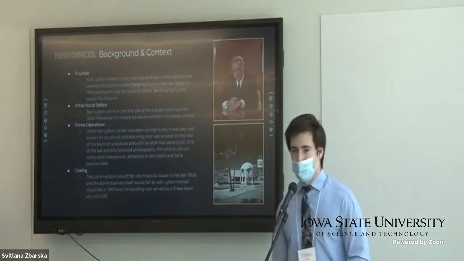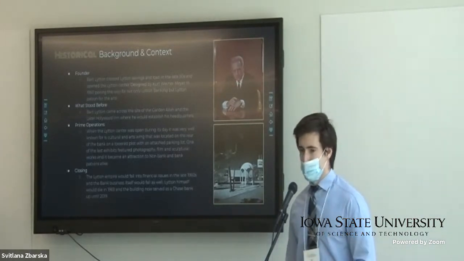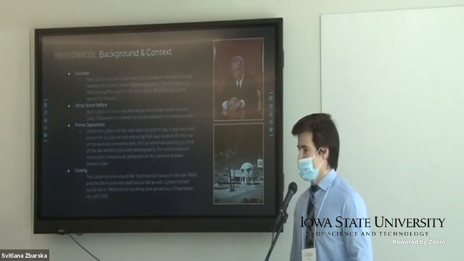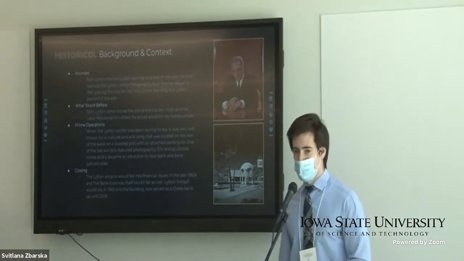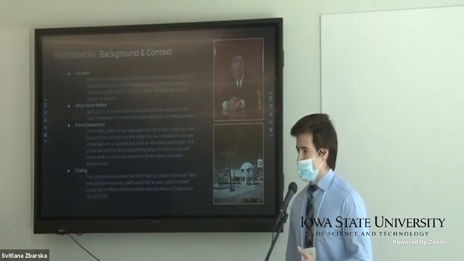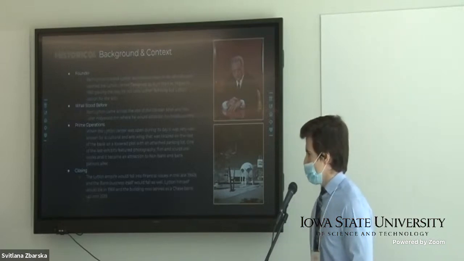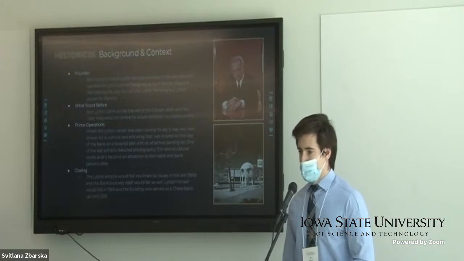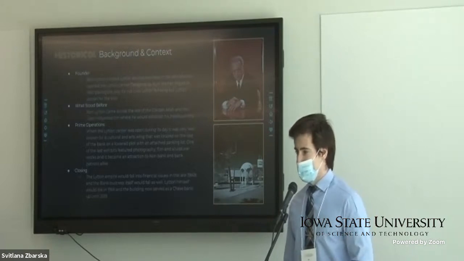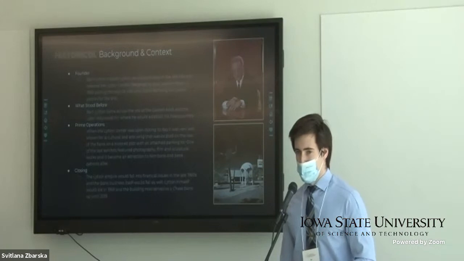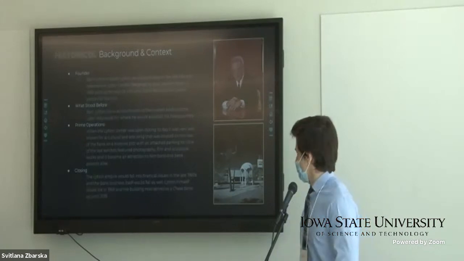So for some historical background, the Lytton building was founded by Bartlett, but the Lytton Savings was wrong. It was a unique building because not only was it a bank, but it also had an attached feature of the Lytton Center, which was a historical center in the 1960s that displayed a wide variety of art and sculptures. They had a theater, photography, basically it became a cultural hub for that West Hollywood area for around 10 years, and then they would fall into financial ruin in the late 1960s, and then the cultural center was demolished. The bank building would remain, but it would be converted to a Chase Bank, and then eventually it ended in 2019.